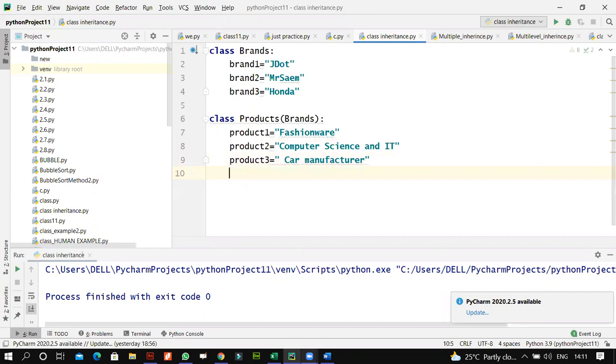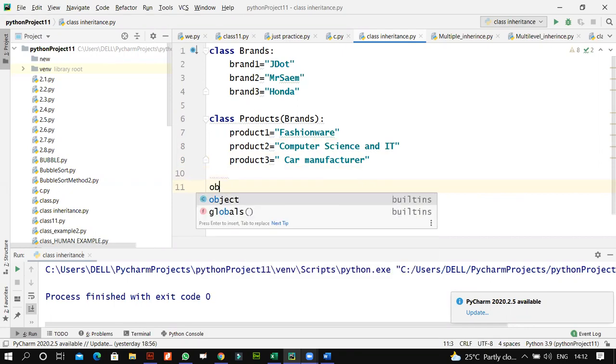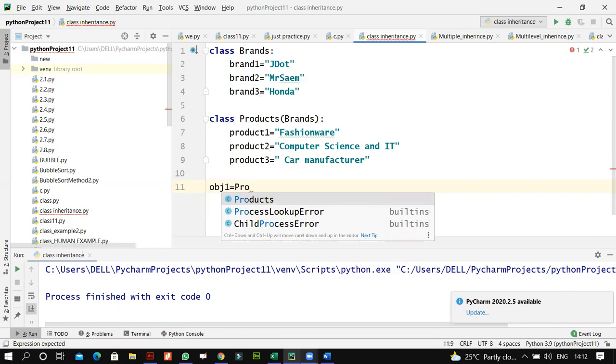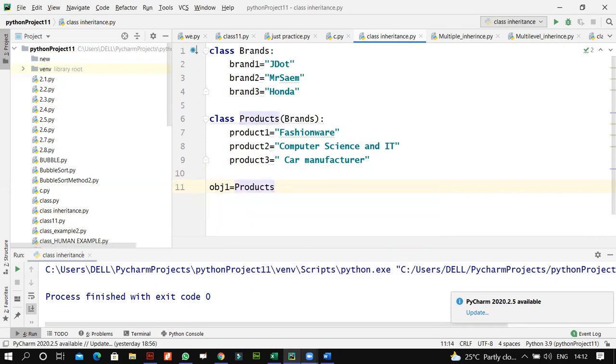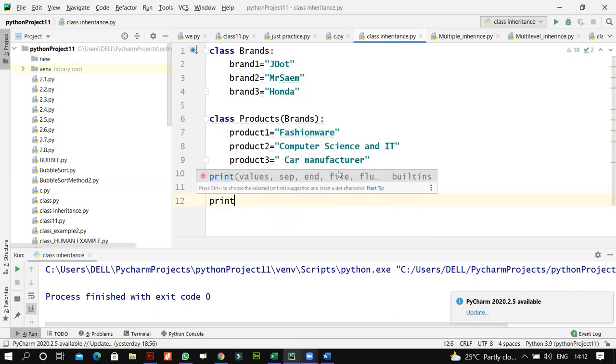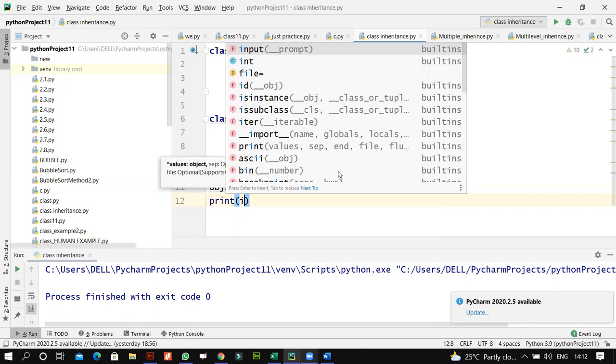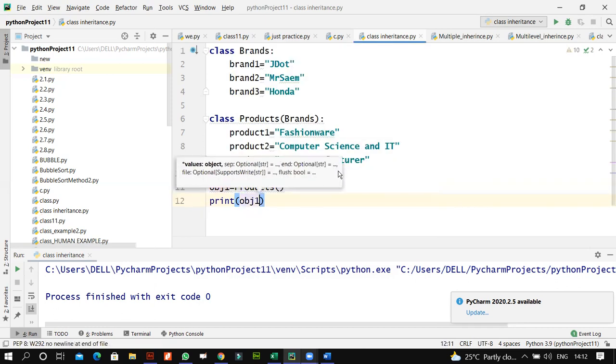Right. So now what we can do is let's create an object. It's just fine to use an object. Your object one, called whatever, is equals to products, and let's print it out. I will have over here object one